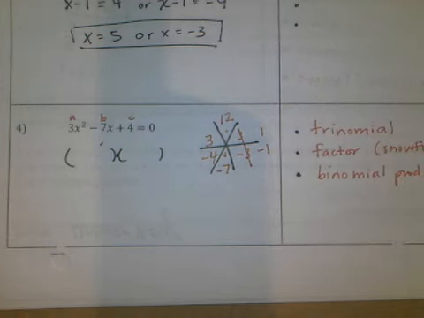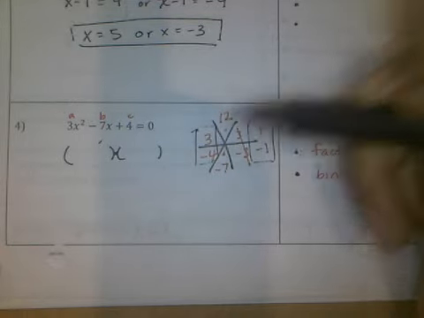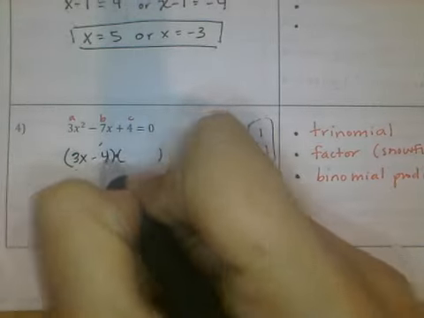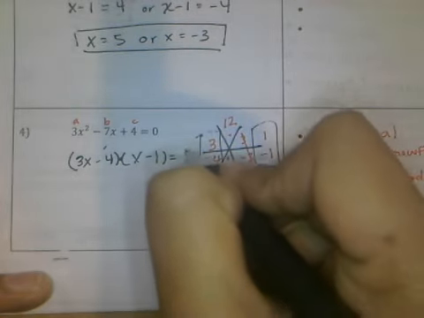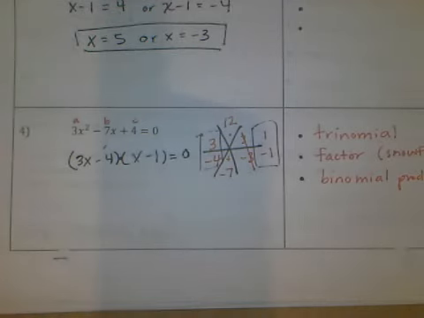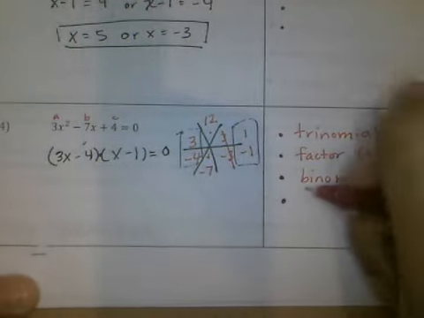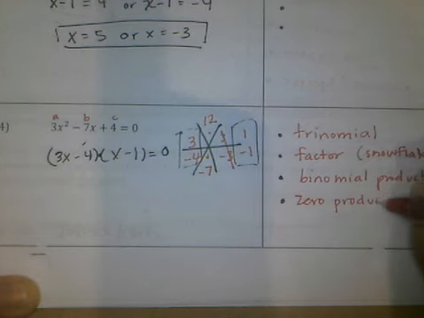And then my factors come from these two sides. This first side gives me a factor of 3x minus 4. The second side gives me a factor of x minus 1. Make sure that you bring down the equals 0, because we're now going to use the power step that everybody loves. This is called the zero product property. The zero product property, as I write it,